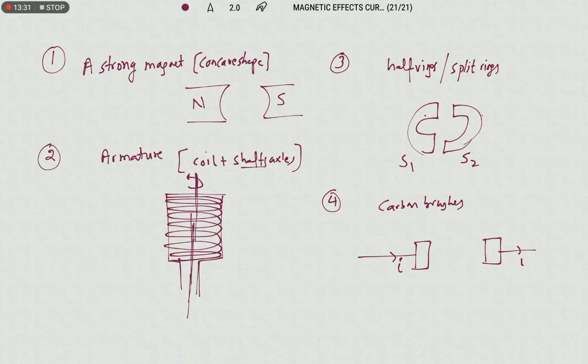So these will be attached to the slip rings. When there is contact established between slip rings and carbon brushes, then only the flow of current will exist in the coil, otherwise there is no flow of current. So when will the current flow? When the carbon brushes are in contact with the slip rings. So when they are like this, the contact is established, then only the current is entering into the coil.